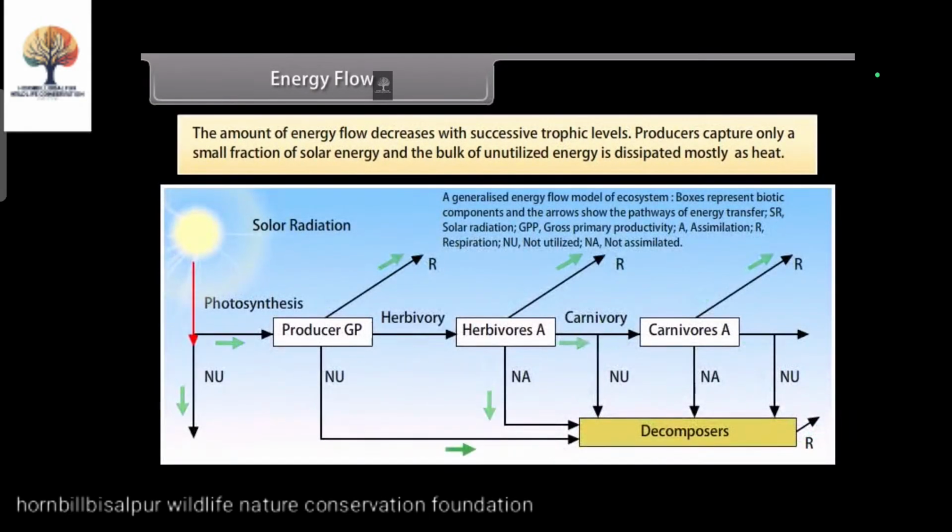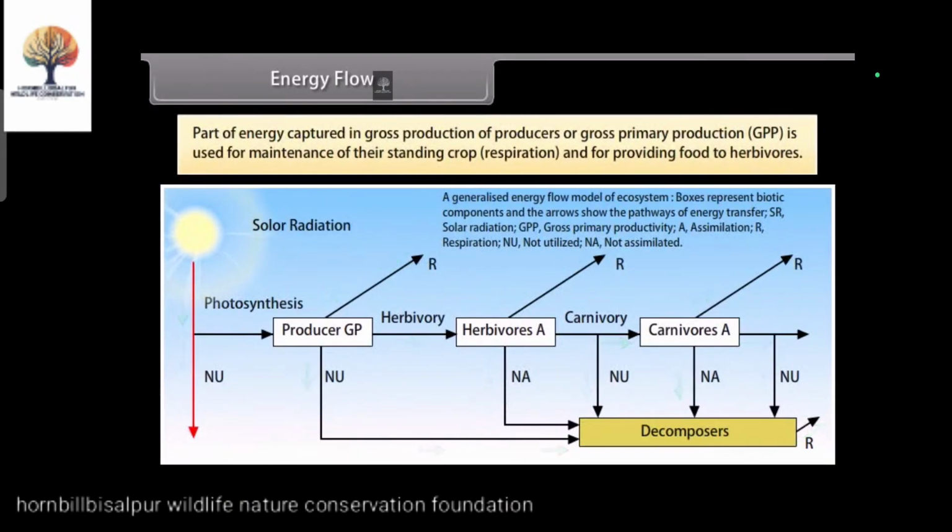The amount of energy flow decreases with successive trophic levels. Producers capture only a small fraction of solar energy, and the bulk of unutilized energy is dissipated, mostly as heat. Part of energy captured in gross production of producers, or gross primary production (GPP), is used for maintenance of their